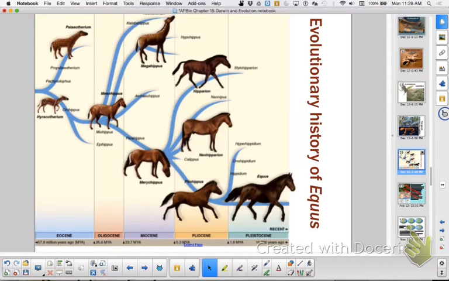So you get this slow, gradual evolution, where they became taller and taller and larger in order to survive out in the open plains. So that would be a good one to discuss if you're ever going to write an essay about that. Okay? Second piece of evidence,